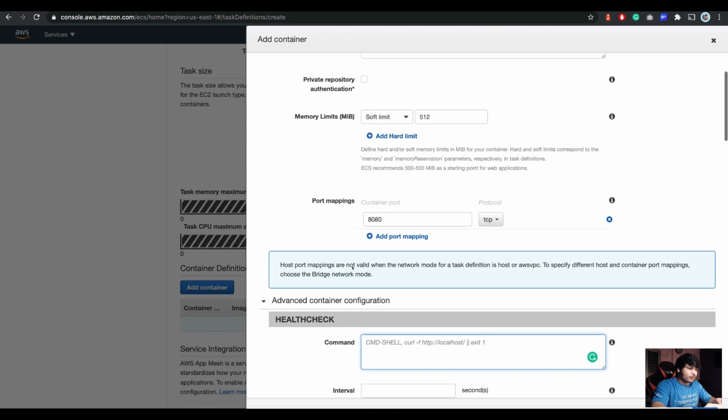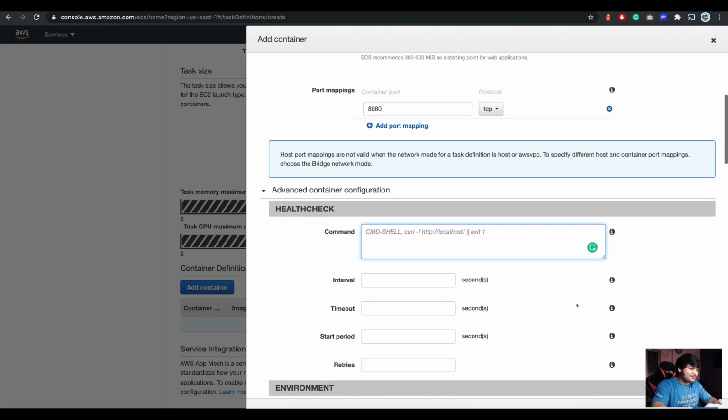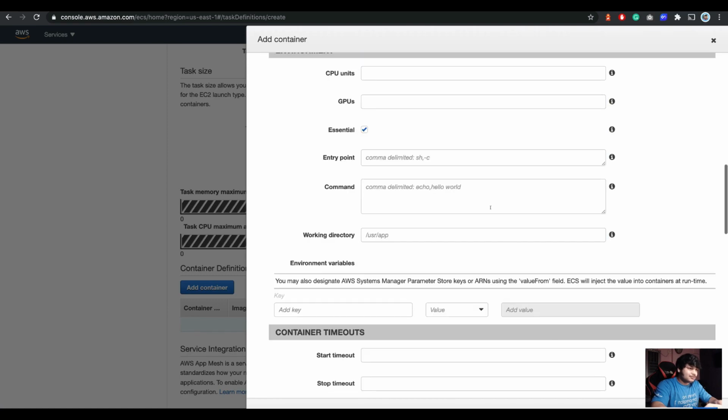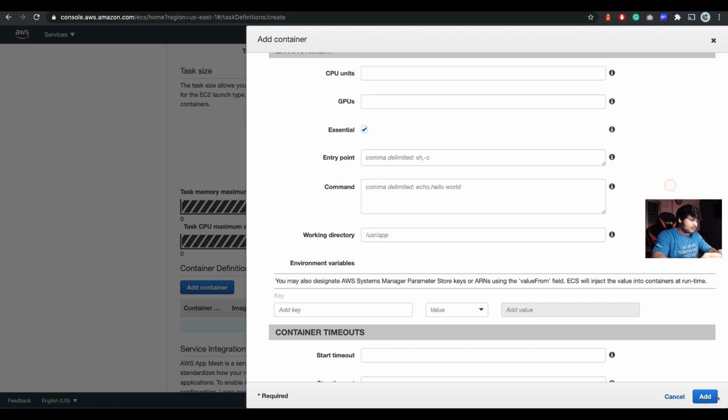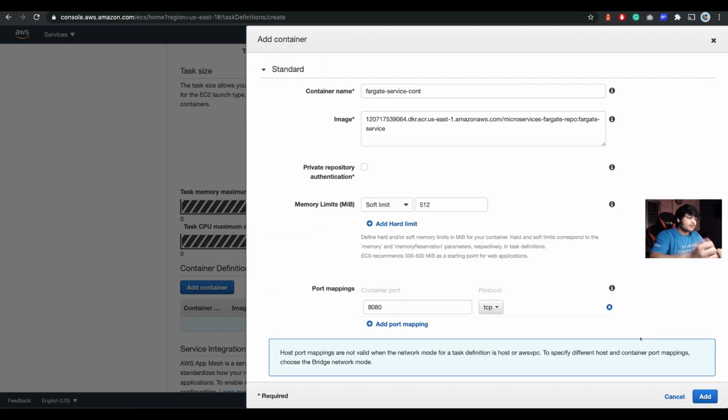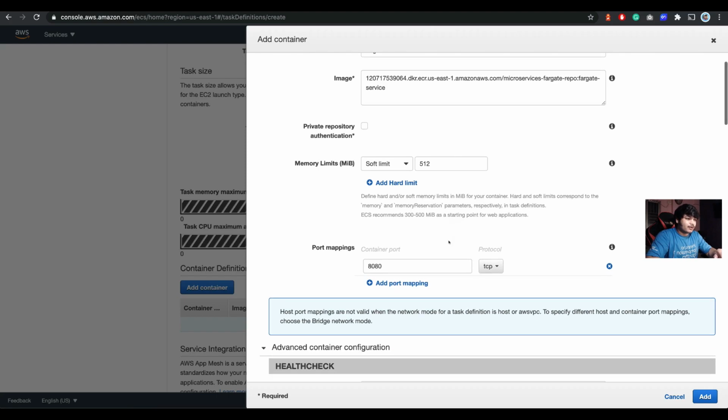Just review it before you create it, and then click on add. It's just for the last check. Just see everything is fine.